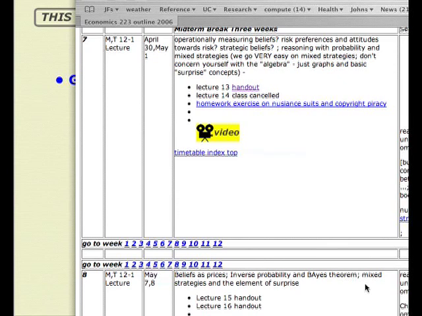We're going to use the notion of inverse probability. We're not even going to put a theorem down or ask you to memorize it or use it. It's just a way of thinking about how to learn in sequential games. So we're going to spend a little bit of time doing that today. But just before that, I'm going to talk a little bit more about these three different ideas of probability.